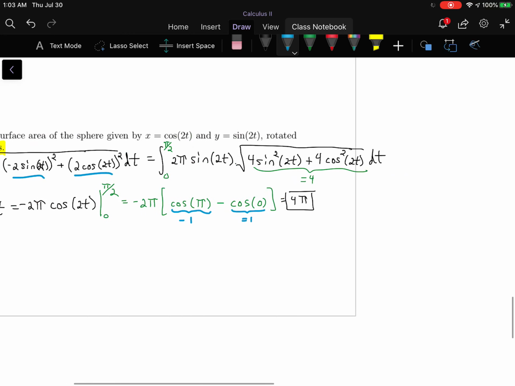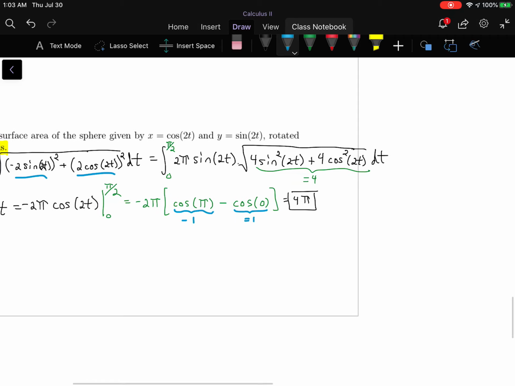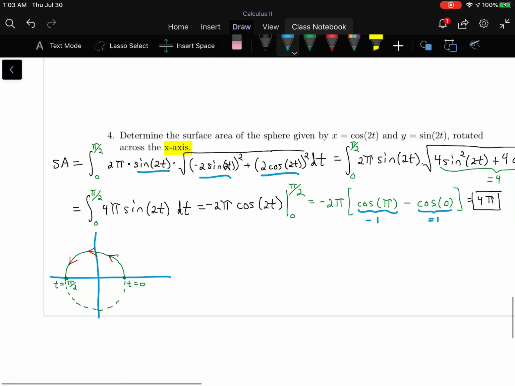And so that is going to give us, inside the square root, 4 times sine squared plus cosine squared, and that's 1, so we really just have the square root of 4, which is 2, and that's going to multiply by the 2 pi up front, so that's why I have 4 pi, and the sine 2t up front